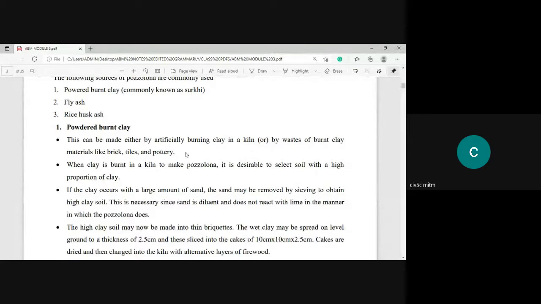So what is this powder burnt clay, and how to produce a pozzolanic material from this material? So let me go ahead. Now this can be made either by artificially burning the clay in a kiln, or by waste of burnt clay material like bricks, tiles, and pottery. So please remember, if I want to produce the pozzolanic material with the help of a clay, artificially I need to burn the clay material or a soil, or else whatever the bricks, tiles, pottery have been